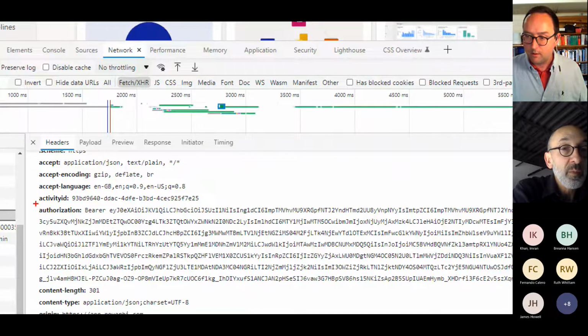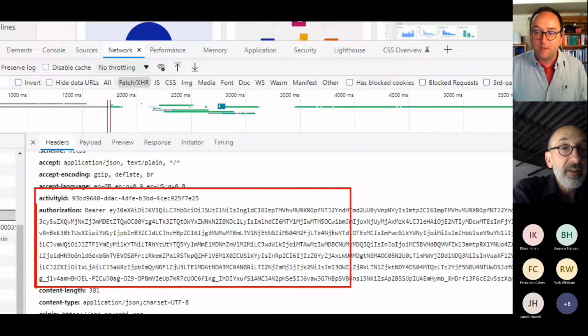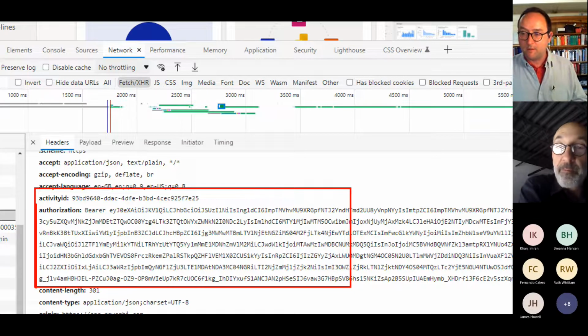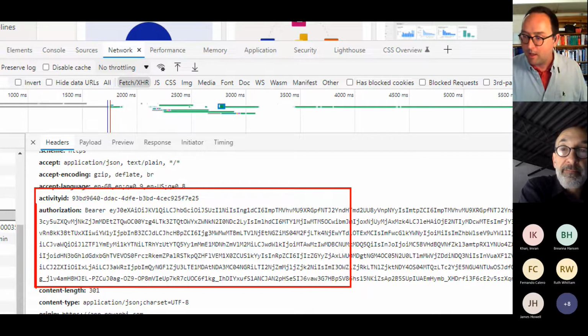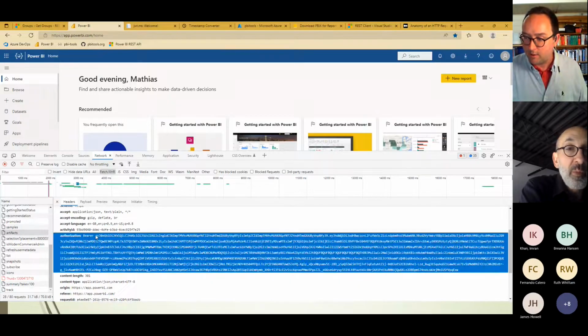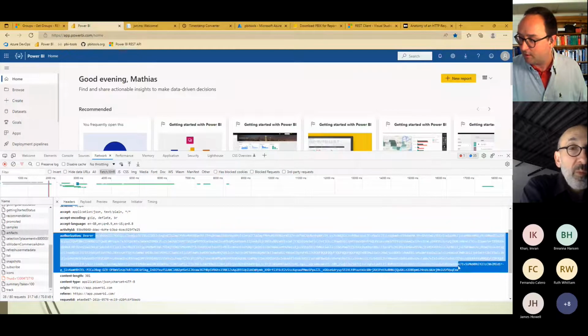There's an authorization header, which the Power BI UI has sent on my behalf to the backend. And if I go in here and copy this,